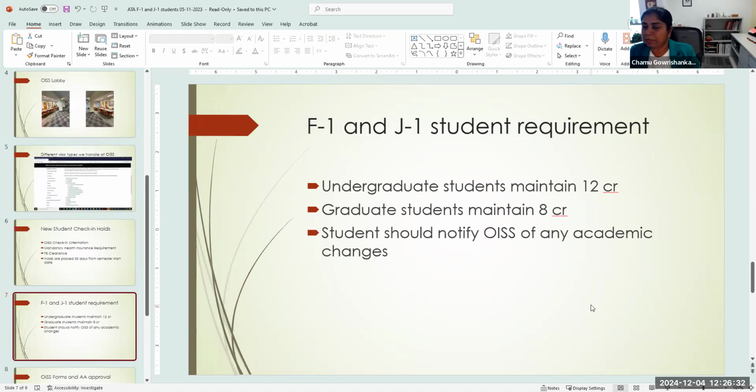See, if this is a scenario in their last semester, they are not required to be full time. Whatever is left, they are completing their program. So we can even count one of their in-person classes and then the rest is online. We count that as, oh, this is their last semester, whatever is left, they are finishing their program. But otherwise, if they are in continuing status, they cannot have more online classes. They can take more online, but only one online class will be counted towards their full-time requirement. And I know this sometimes is a challenge.